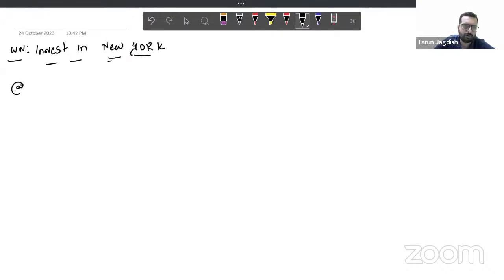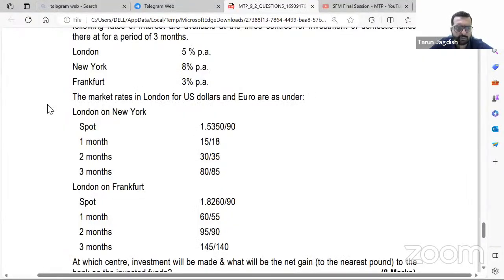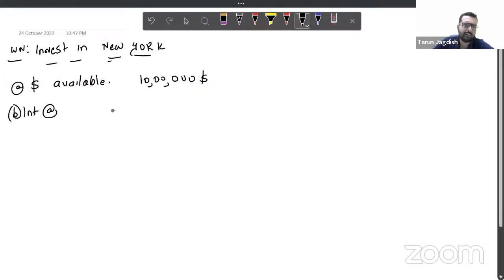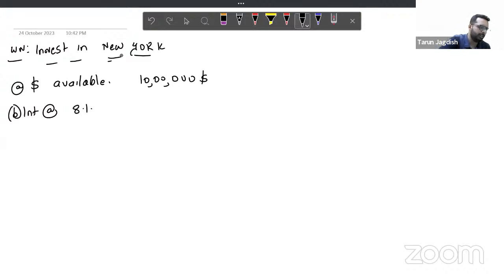This is easy because what is the dollar available with you? 10 lakh. Correct? Now, what is the interest at the rate of in US? What is the interest that they're going to get if they invest over there? Is it 8%? So that will be 10 lakh into 8% into 3 divided by 12. Do you get the answer as $20,000? Okay. Total will be 10 lakh